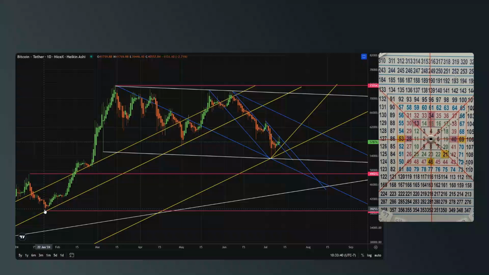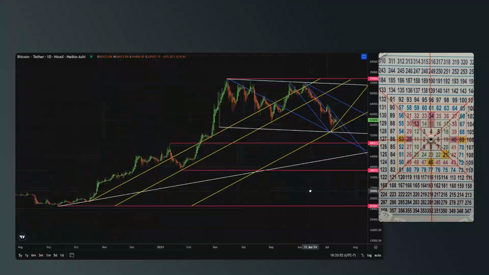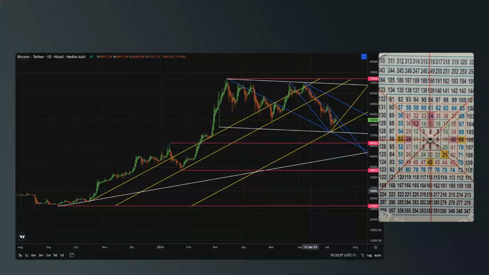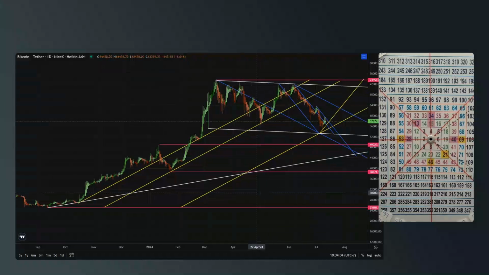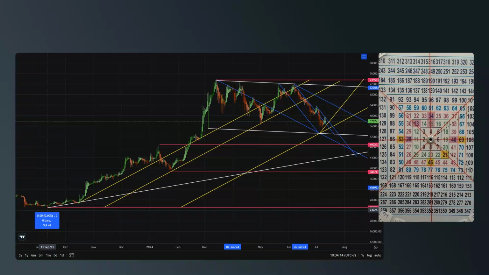If you don't have a square 9 like this, which has the octaves of the year and the zodiac and all that, you can use your measuring bar. I think it's probably the most important tool that there is. It's just in my opinion. So let's just go back here, and we're going to take a look at September 11th, and we're going to just add 45 days, or every red line, or every octave of the year, and we're going to see what happens.